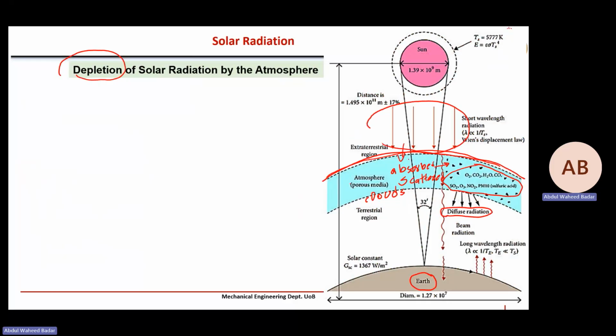Some of it will be reflected back, right? Some of it will be reflected also due to the presence of all these gases, dust particles, clouds, etc. So the amount of radiation which will finally reach on the surface of the